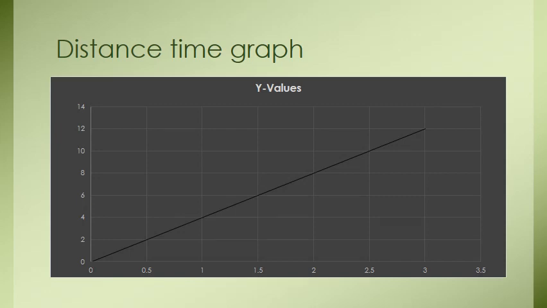So let us draw the graph between distance and time. Normally the time axis is the x-axis and the distance is on the y-axis. Now let us take that in the first second it travels up to 4, and if the distance is 8, it takes 2 seconds. If the distance is 12, it takes 3 seconds. Then it is going in uniform motion. You can clearly see the graph and you can calculate the acceleration and velocity.